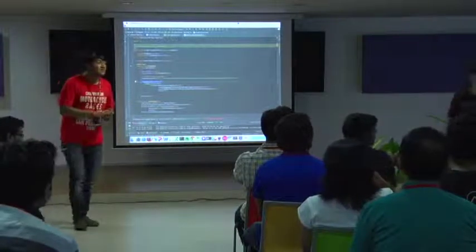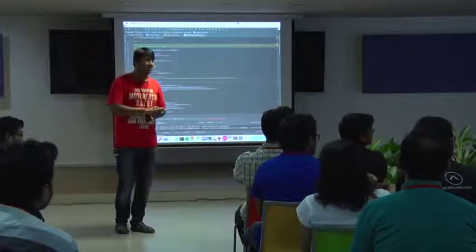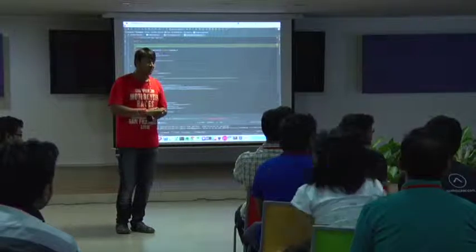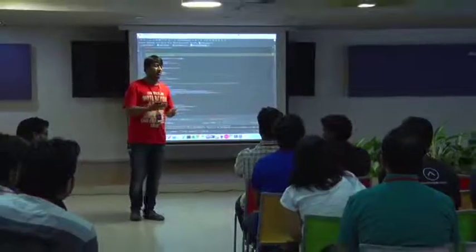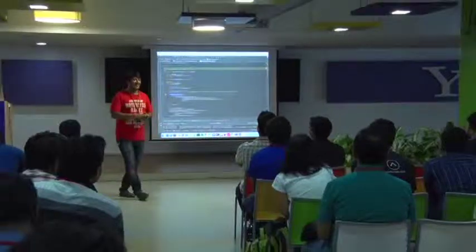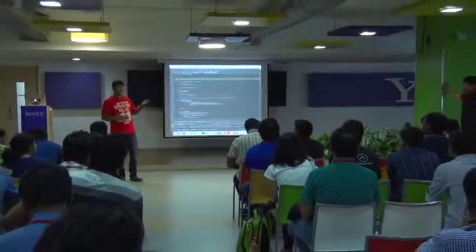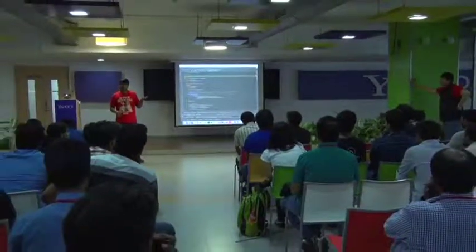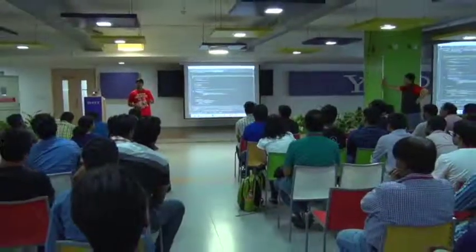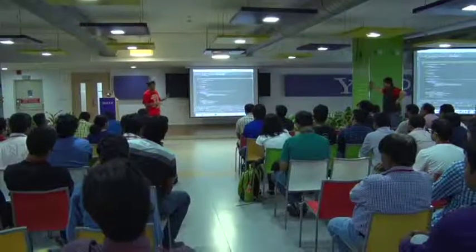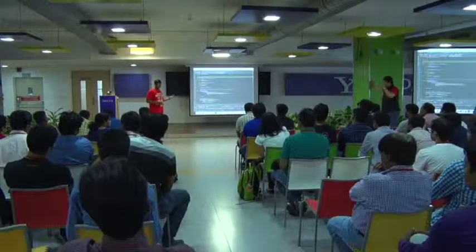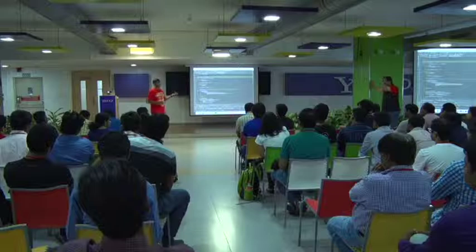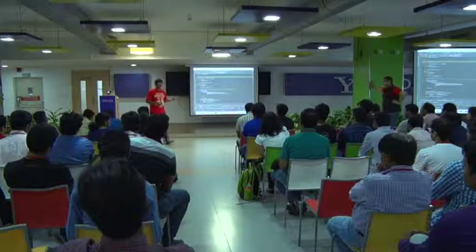How is Facebook adopting this to optimize? No idea. All these tools are used by Facebook internally, we don't know, and that's how they got open sourced. They might have faced a problem, solved it through these tools, and then thought, if it is helping us, it will help others, and that's how they open sourced it.